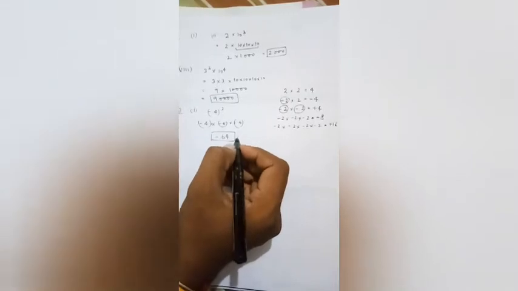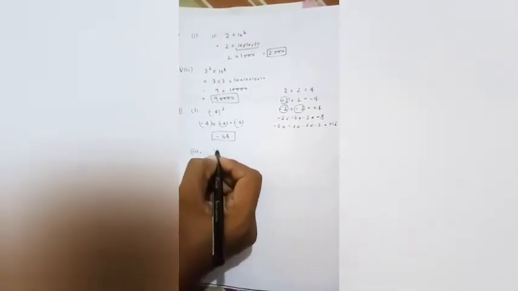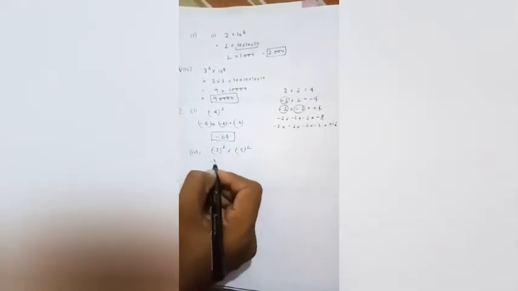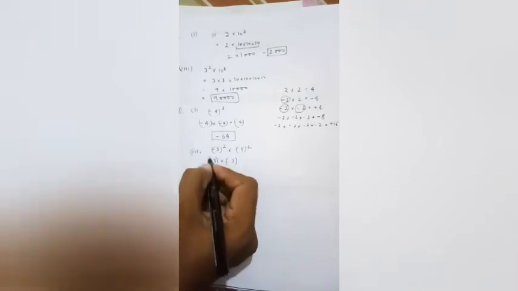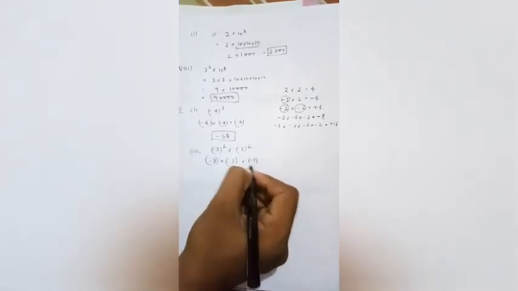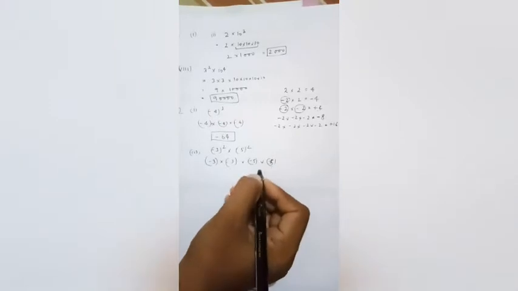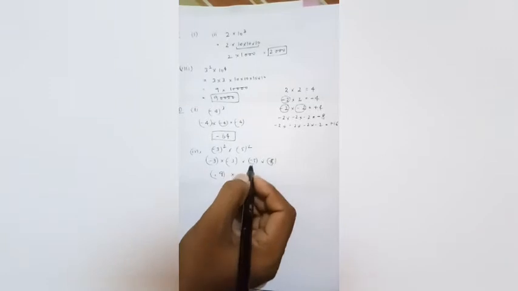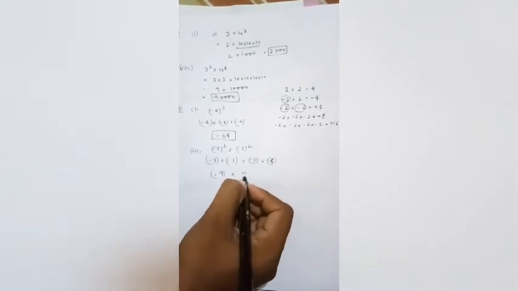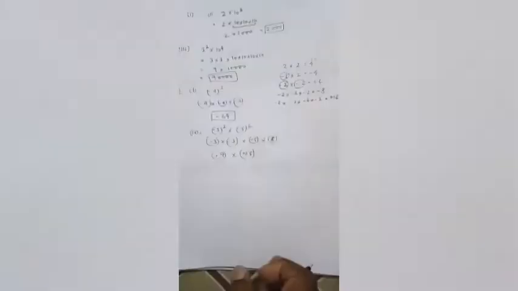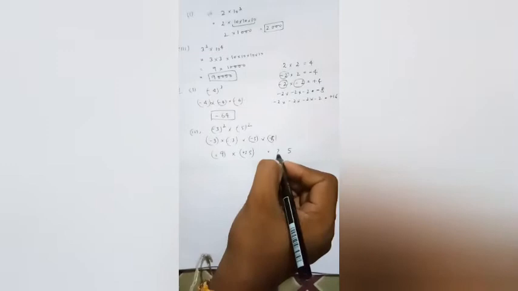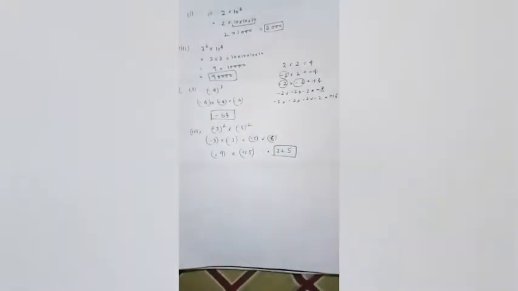If I am talking about the third question, minus 3 raised to 2 into minus 5 raised to 2. Now minus 3 raised to 2 you can write like this: minus 3 into minus 3, and minus 5 raised to 2 is minus 5 into minus 5. 3 threes are 9, plus 9, multiplied by minus 5 into minus 5, which is plus 25. Now you have to multiply 25 and 9. 9 fives are 45, 9 twos are 18 plus 4 is 22, so 225. 225 would be the answer. Like this, you have to complete question number 7.